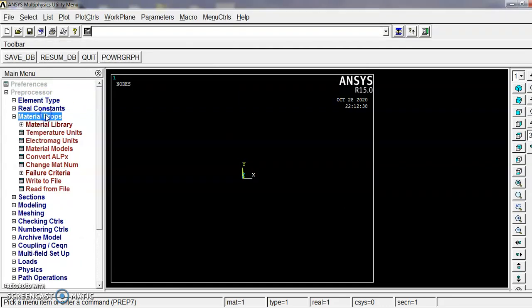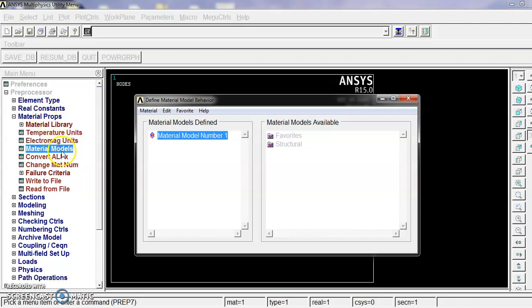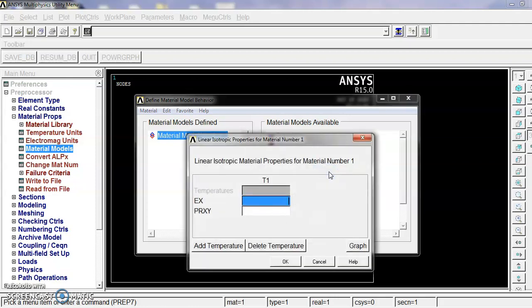Next we go for material property. Go to material property, material model, structural, linear, elastic, isotropic. As I said, steel is an isotropic material, so we can select steel. 200 e power 9, which is in gigapascals, I am putting it.